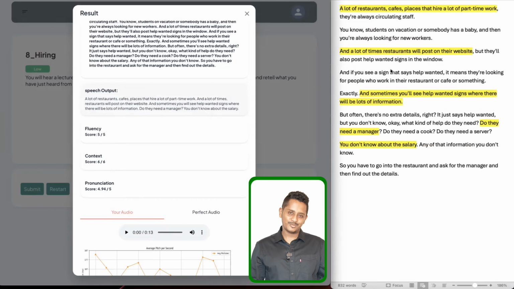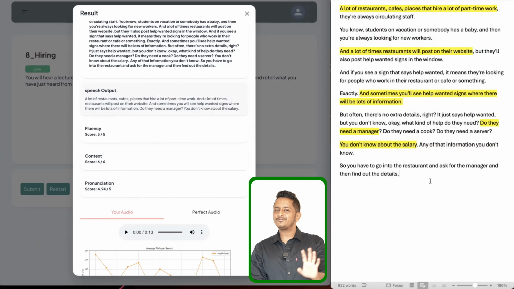I've already shown how to take this kind of notes: listen for 3-4 seconds and decide this is what I'm going to write. Start writing for 3-4 seconds. Do this 4-5 times. You can just write something like this, but don't copy small sentences. If you take very small phrases, very small sentences, very small keywords, what is going to happen? Very shortly I'll show you. But if you write this much, which has approximately 50-60% of the content exactly matching, you don't have to worry. This will give you 6 out of 6. Even in the exam it has to give. This is the first part.